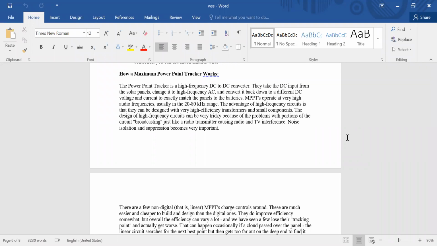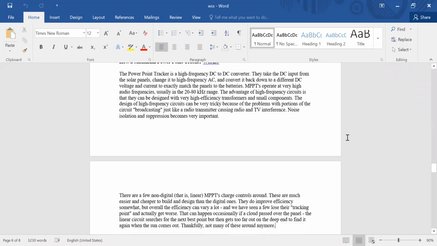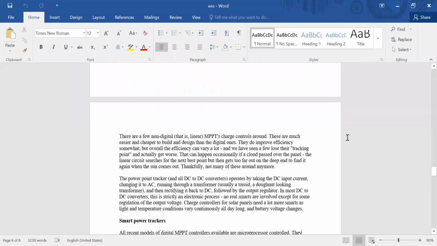The advantage of high frequency circuits is that they are designed with very high efficiency transformers and small components. The design may be very tricky because portions of the circuit broadcast like a radio transmitter, causing radio and TV interference. So noise isolation and suppression become very important, right?